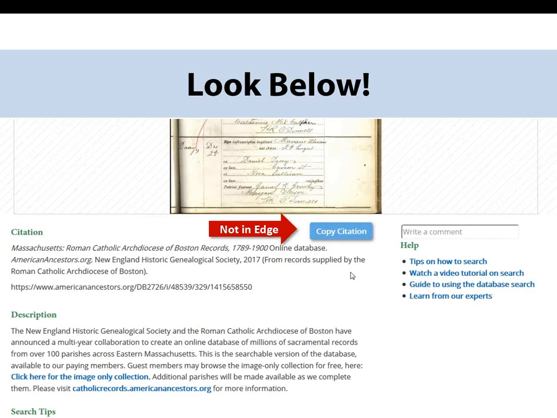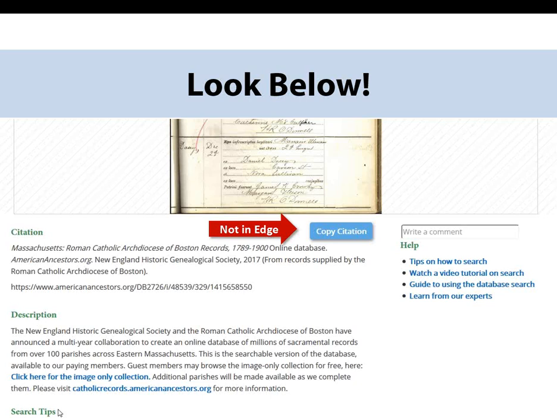The other thing we've done is the actual URL. If you look right here in the citation area, you see that we have a relatively short URL, which will get you back to this page. The URL in your browser will be a relatively long name. This is sort of a permanent link URL that you can put into your tree product that's a little bit shorter if you're printing or need references, and you can use that as a shorthand way to get back to the record. Then further down, we have the description of the database from the record that you're currently looking at,